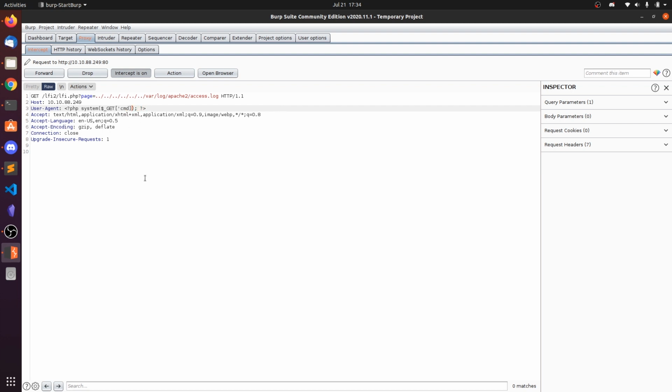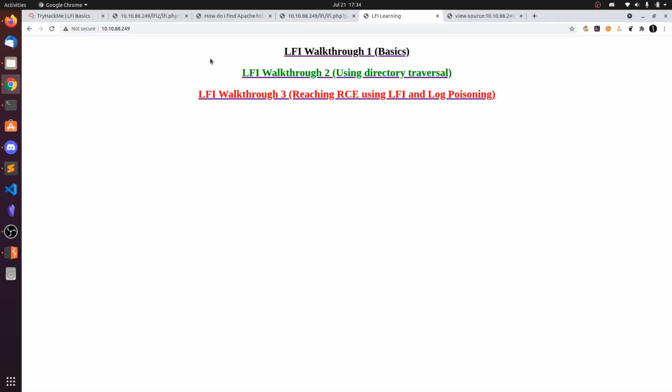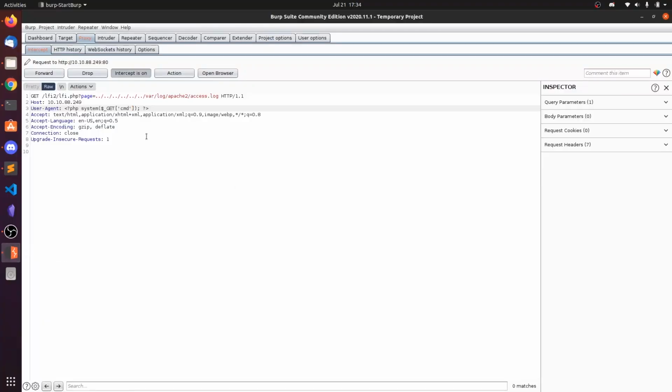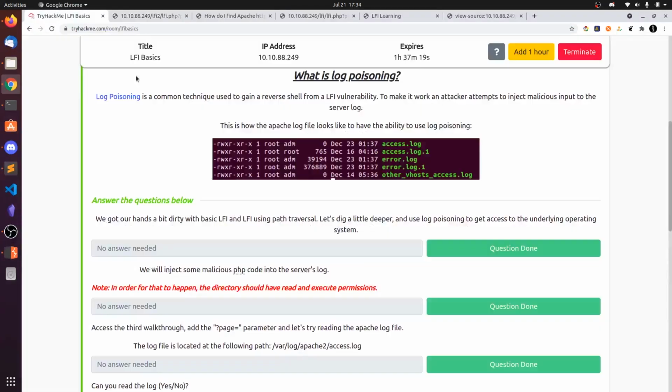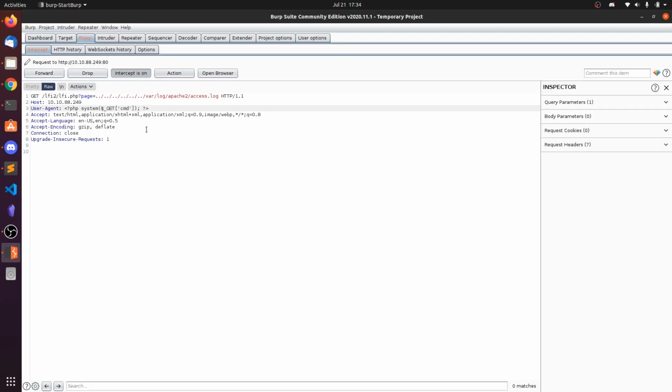Make sure you have no mistakes in this. If you have any mistakes, then when you read out this access log, your command will not execute and you need to restart the machine. So terminate this machine and start the machine again. So PHP system gets the command and executes it as a system command. Okay, that's fine. Now forward this.